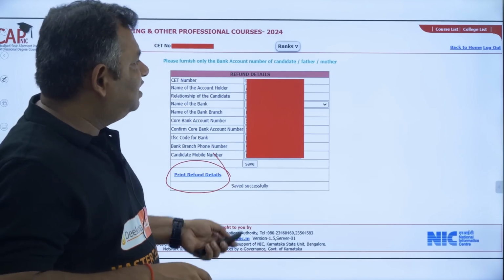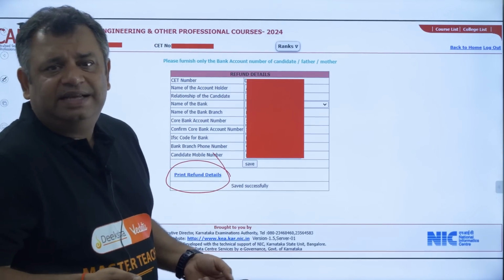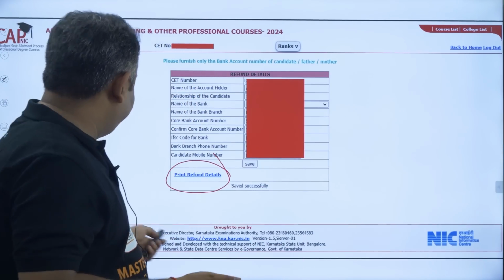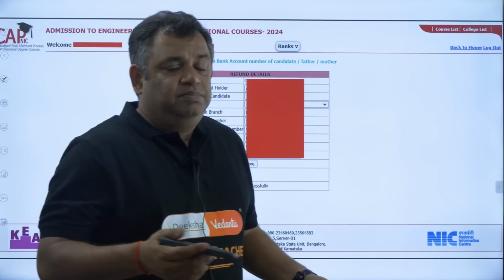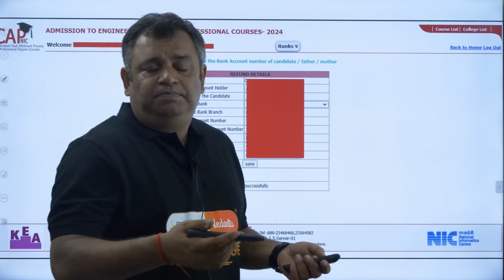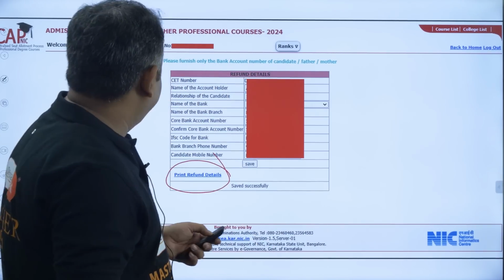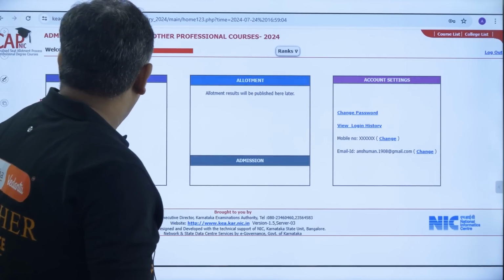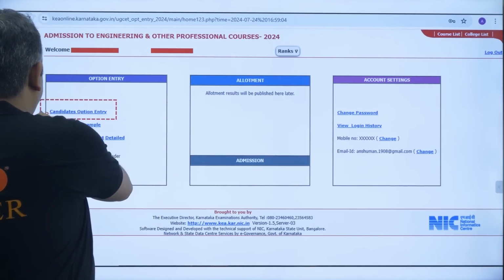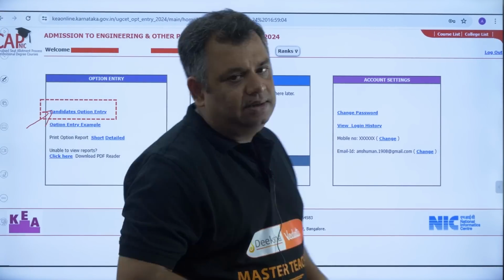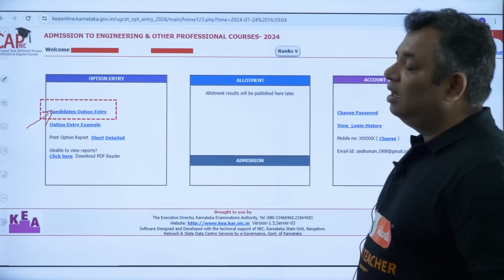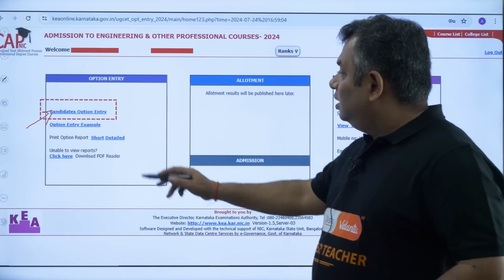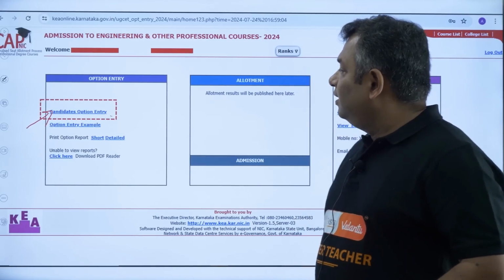Now usually after this, I've seen there are two ways, either you log out, because there is nothing that you have to continue, or you click on back to home. In case you are logged out of the site, please log in again. Once you log in again, follow the process of the option entry. You would find 3 boxes here: option entry, allotment, and account settings. Now this option entry, you click here on the option entry,